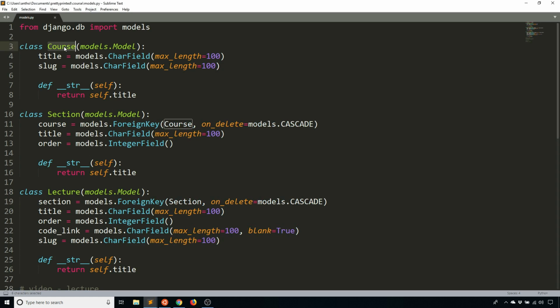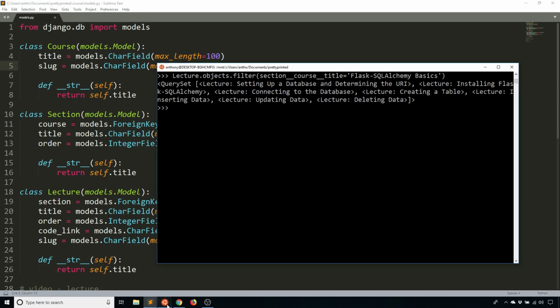You see how here course has nothing other than properties associated with itself, but section has its own properties plus a relationship to the course. So it's pretty easy to go from section to course because there's the course here, but going from course to section isn't as clear because there's no explicit relationship from that direction. Well, there is, and Django adds it for you, and all you have to do is specify the name of the model in lowercase. So if I did something like this,